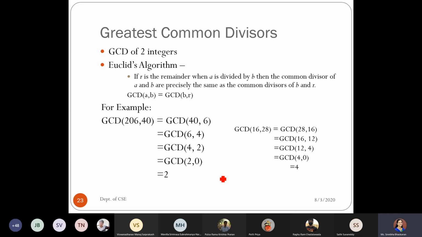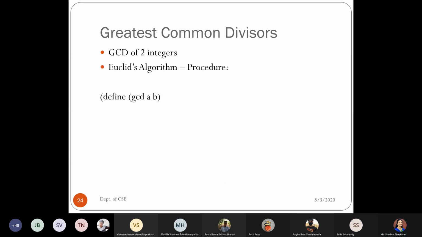So here we have 2 arguments. Since we are defining the procedure, we start with the term define, which is a special case, which we can use for defining the variable as well as the procedure. So open the parenthesis, define. Since it is a procedure, put all the contents within the brackets. So GCD, how many arguments? 2 arguments, named as A and B. You can give any other names.